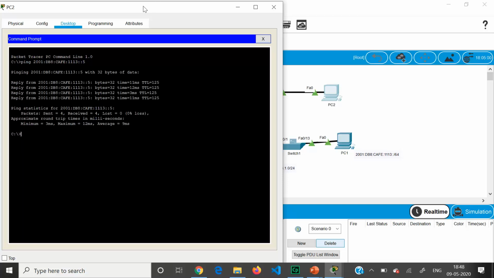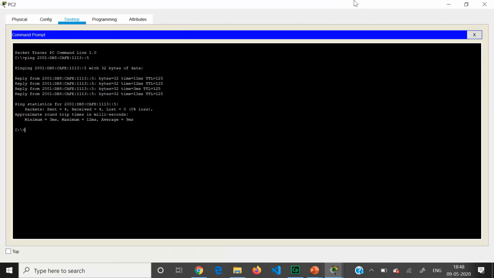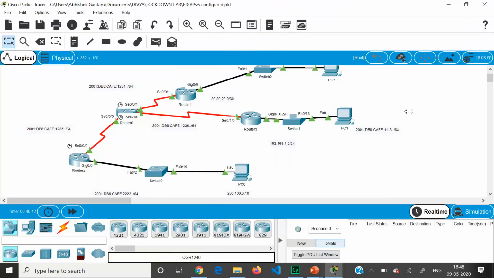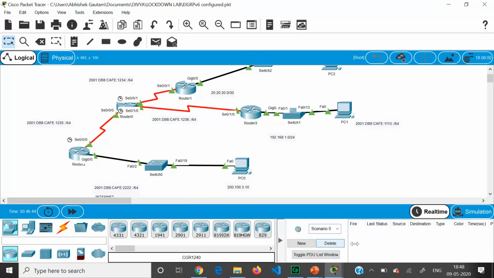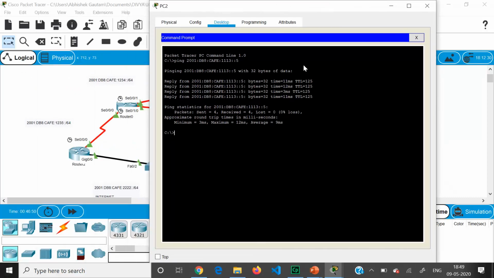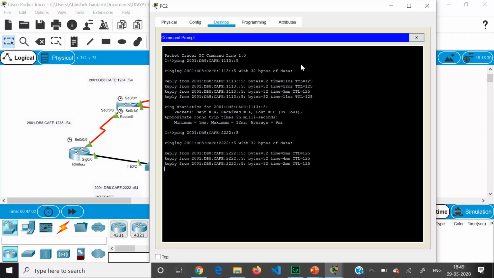Alright. Similarly, if you want to see the network connectivity for the internet, the internet PC is 2000. I'll just do the ping command for this also. So it is ping 2001:db8:2222::5, and this is also pinging, right?